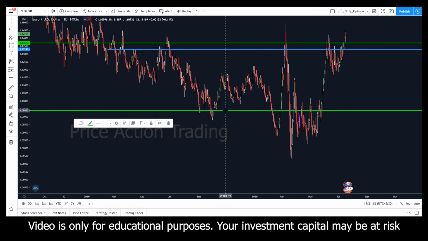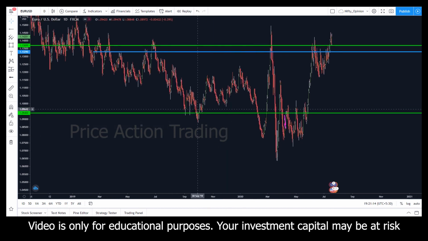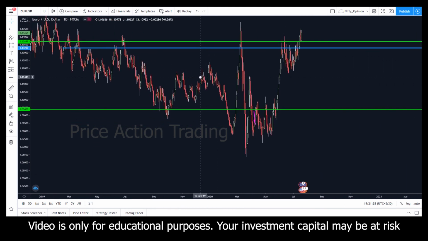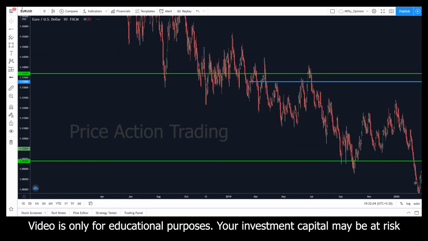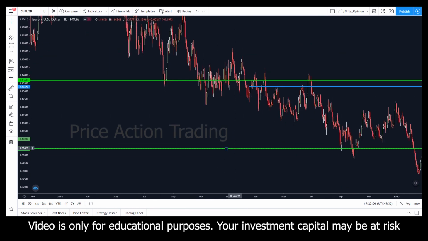Maybe this level. Now you see, if we would have taken a call here, or maybe a buy option here, see the level, it moved up like this and then created some low, whatever the price action did over there. With volume analysis, we could have traded like this also, but for now let's consider this. The market movement was from here to here. It was a good move. So now let's move on to the bonus tip.